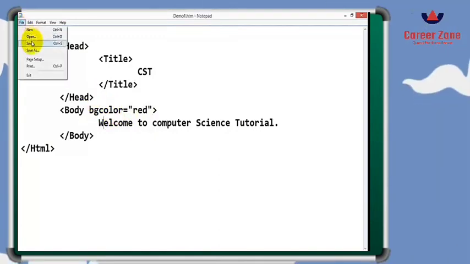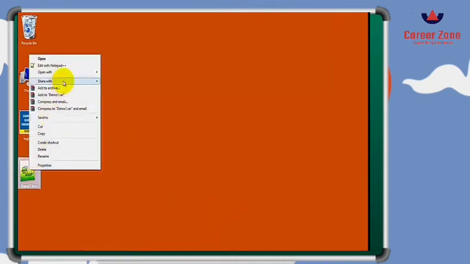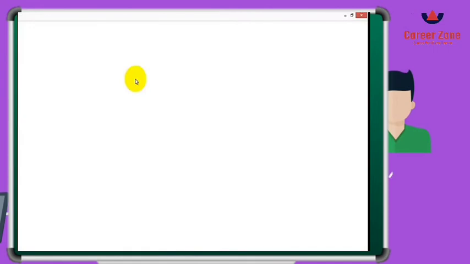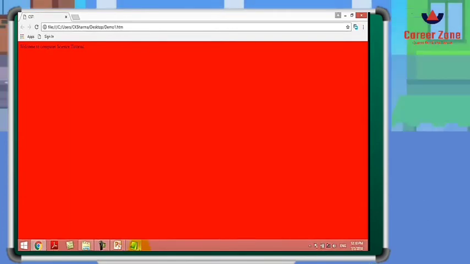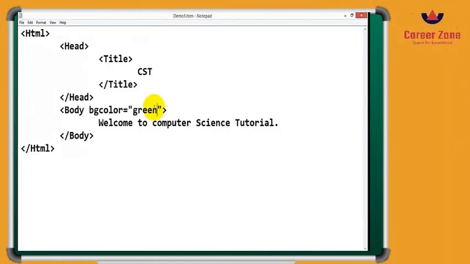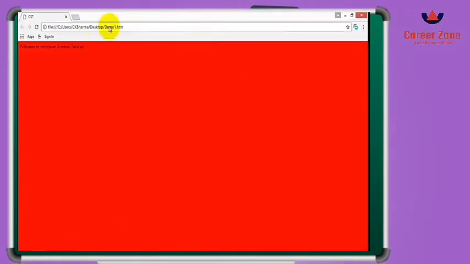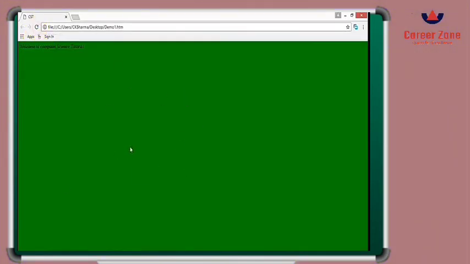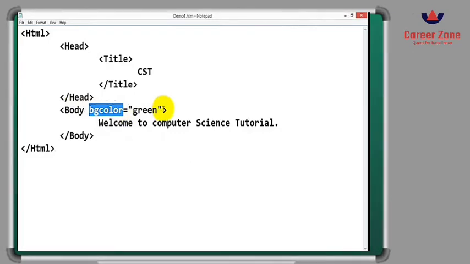So let's see now. Again save the changes, open the file from your desktop and then open it with any of the browsers. So the color of the background is changed successfully. Now let us make some other changes, like adding an image to the background. Before that you can try different colors also, to check whether the changes are taking place or not. You can refresh it with some other color. See how the color changes. As soon as you change the value of the attribute, the color got changed.